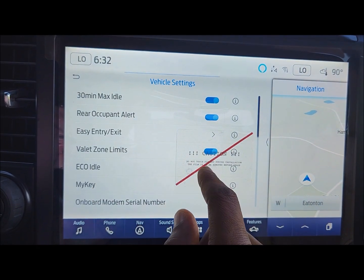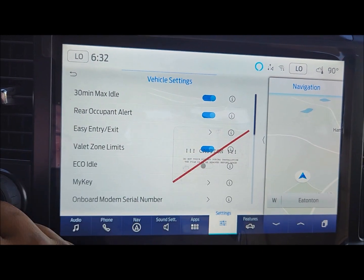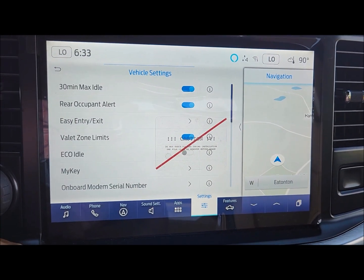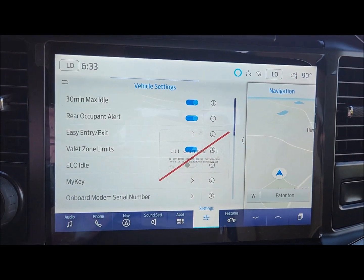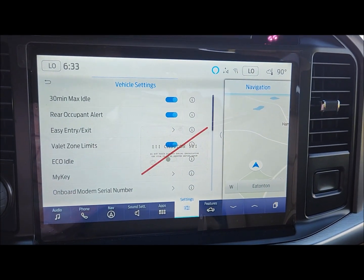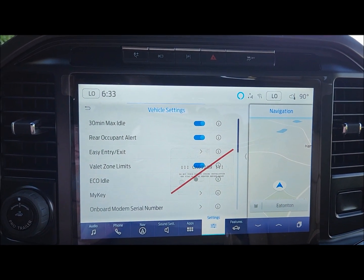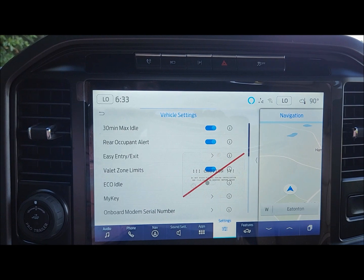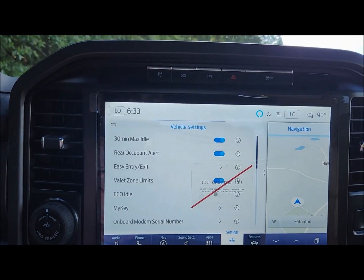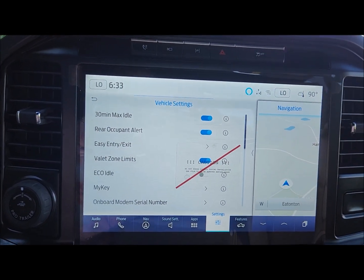This is Eco Idle. In Eco Idle mode, the truck will idle higher than it normally will. I think they say that allows it to charge the lithium battery a little quicker and maybe more efficiently. I think that's really good if you're stopping all the time and running the AC, because the engine probably will stay off longer. It'll run at a higher RPM but stay off longer. That's probably just better, because it's not shutting on and off at so many different times. So I like that feature, but I also have it turned off